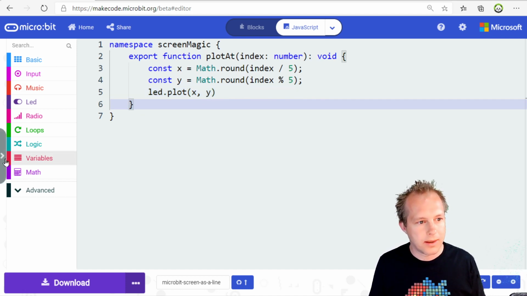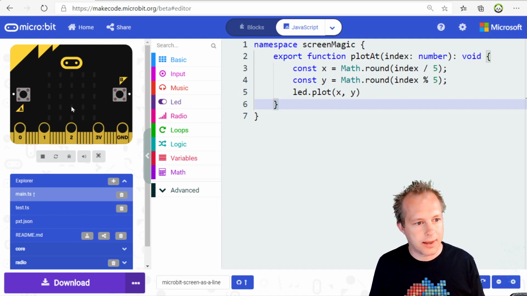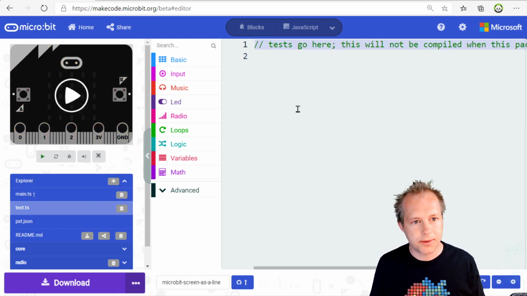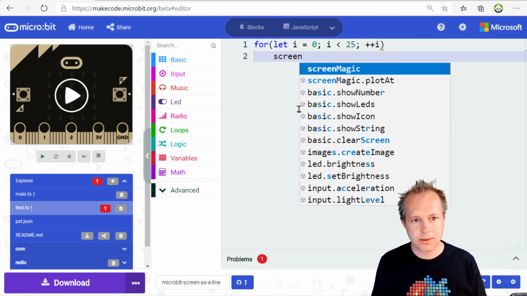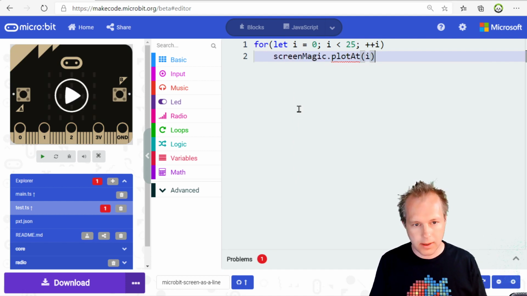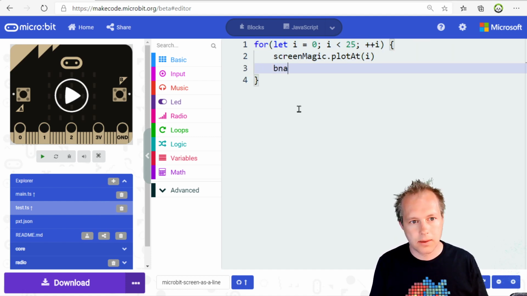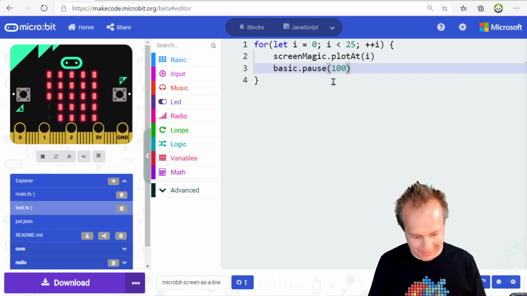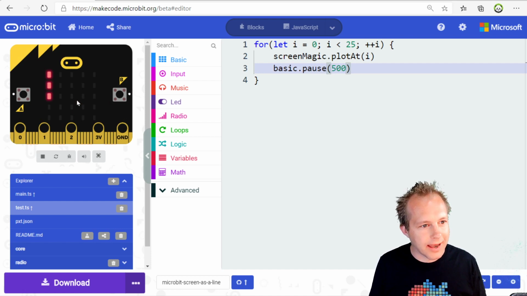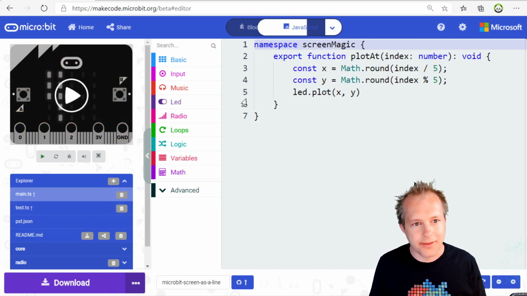All right, now in order to test this, what we're going to do is add a little test here, and we're just going to go and test that all of these work, and probably add a pause here. All right, let's see if that works. Kind of very messed up. So I definitely have problems here. So this should have been,